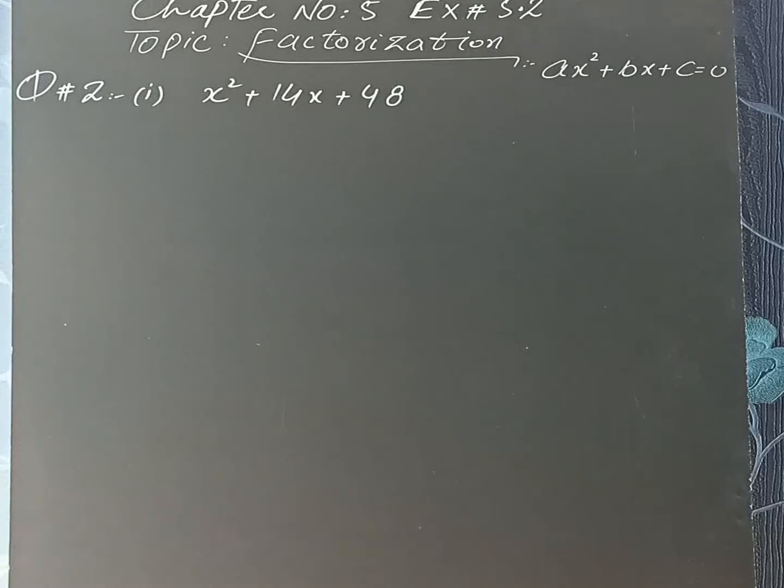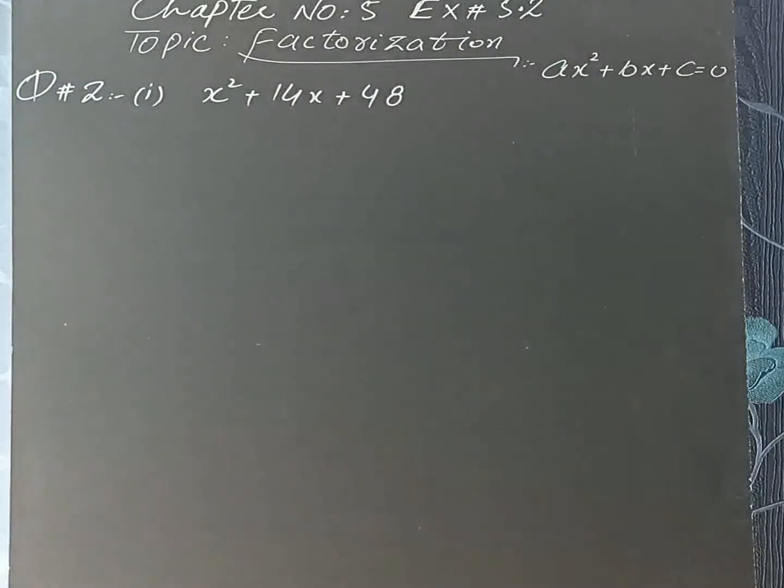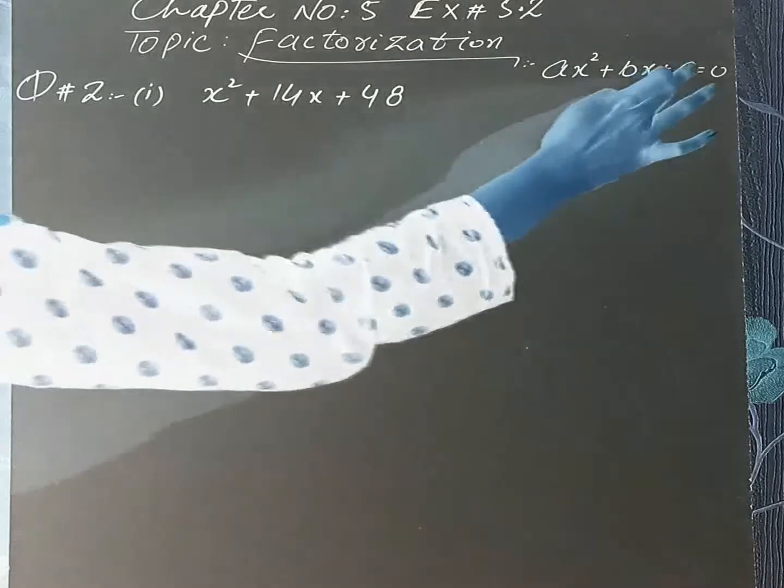If the expression is of this type, meaning ax squared plus bx plus c, in which the variable has the highest power 2, the variable occurs in the form of a square. So here the variable is x, in the form of the square. And a, b and c are the coefficients, the constant values over here. x is the variable. So if the expression is of this type, this is not an equation, this is just an expression.